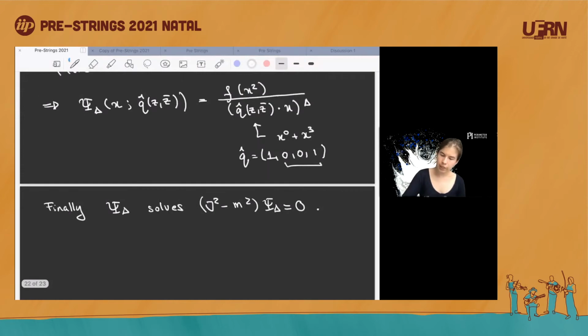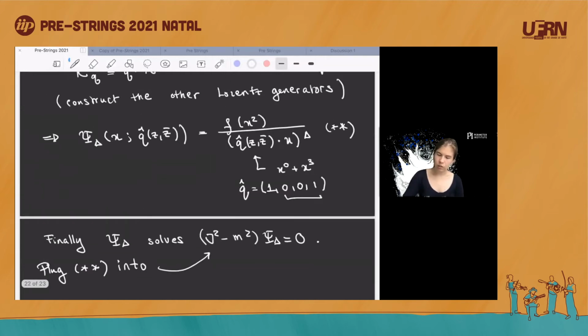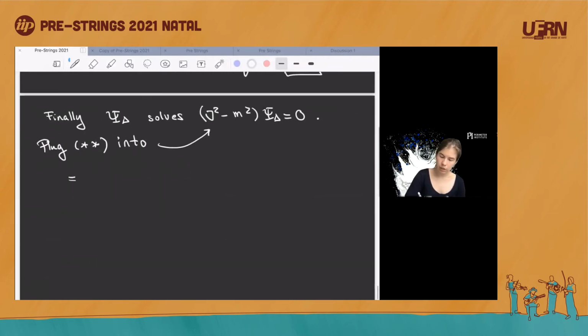And so one can now take this and plug it into that, okay? And you can do some algebra and you find,